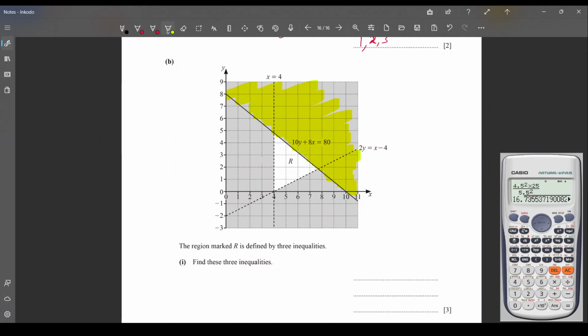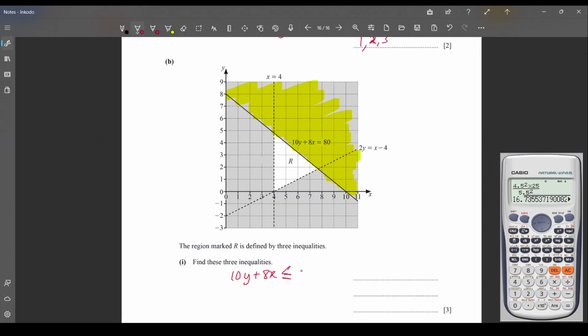Actually we are talking about the R, so it's an unwanted region, so we'll be taking the opposite of that. So the first inequality will be 10y plus 8x. The one I have marked goes greater, so it will be opposite to that. So less than, and we have to place the equal to sign because it is a dark line without dots,